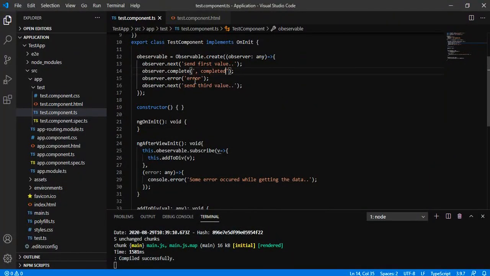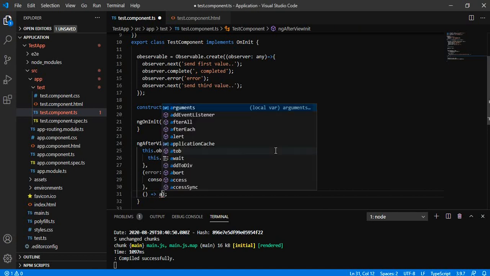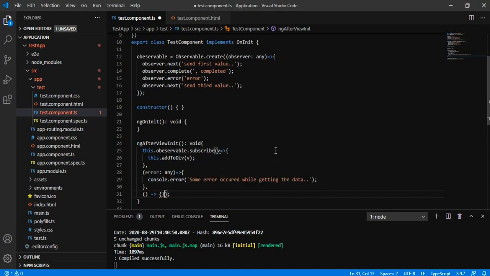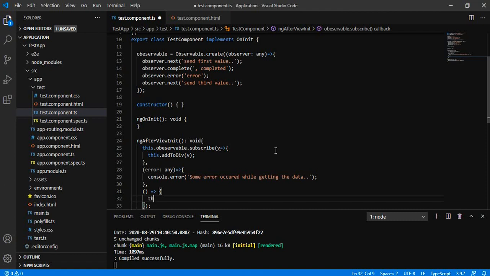If you want to see what happens when the observer has been completed, let me add one more comma inside the subscriber, and the third notification will go to complete. Once it is completed, I will add the value 'completed' to our view.